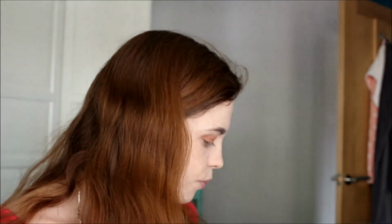Okay, so now that's done. My eyes do look a little bit weird at the moment. I'm going to be contouring, blushing and highlighting my face. Now, I'm not a contour wizard at all. I don't really know what I'm doing. I'm not a makeup artist and I just kind of do what I feel works for me. And I think because I've got very freckly skin,